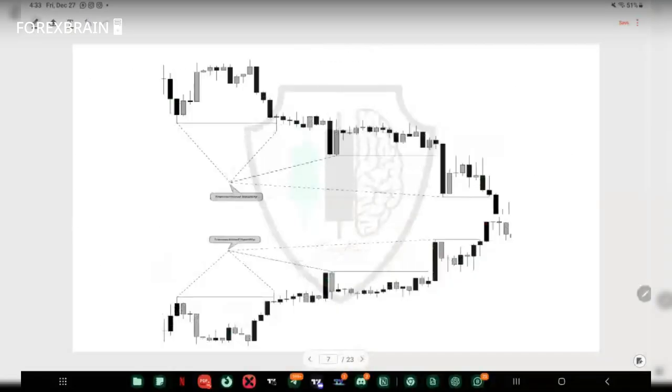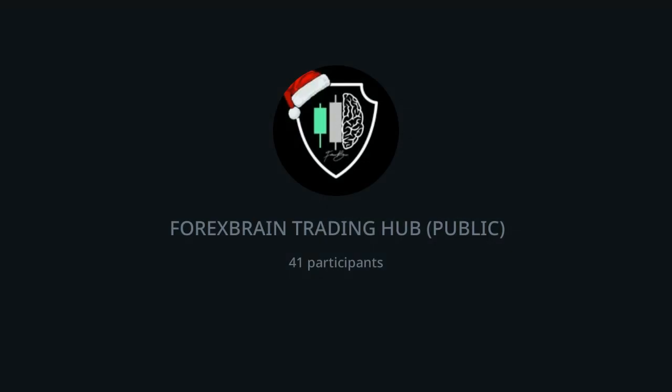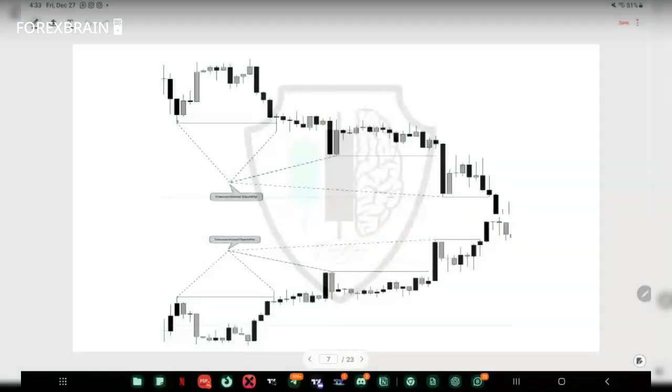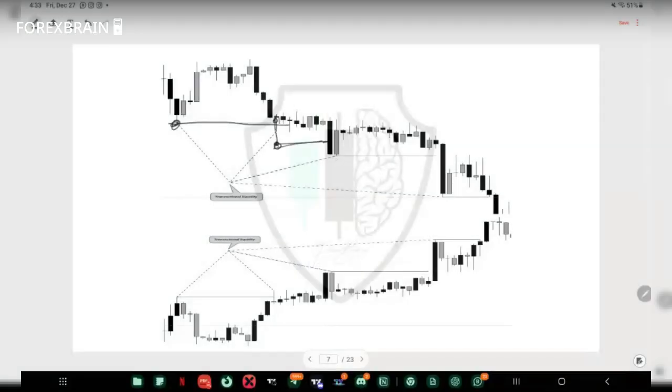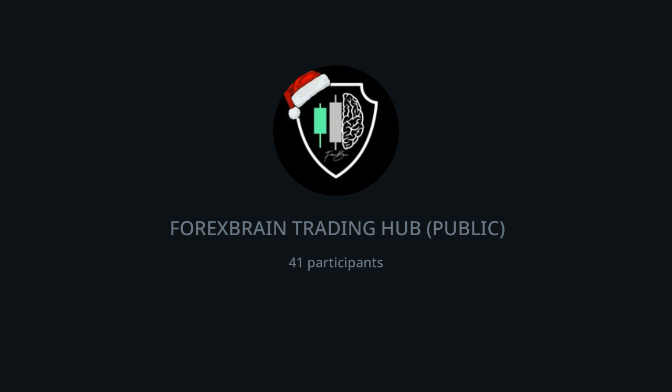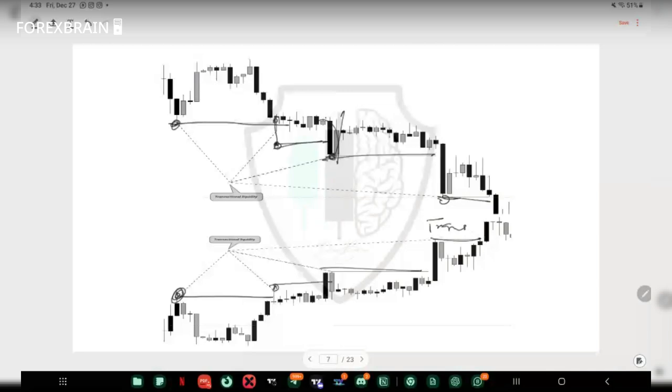So let's move on. This is the chart example here. You can see this low is a transactional liquidity because it led to a break of structure. Transactional liquidity, this low, when price pulls back, they will be taken. So in a bullish environment as well, even this is a transactional liquidity. Just know that the highs in a bullish environment are transactional or external liquidity. Do you get? So this is also a transactional liquidity, and so on and so forth.